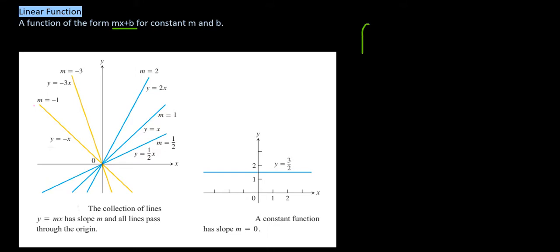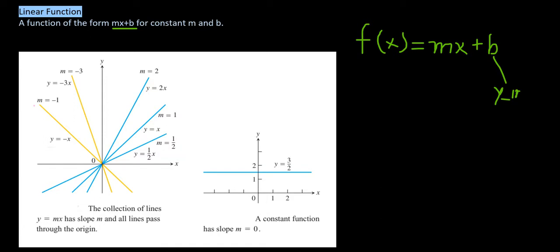You can say that we have a function f of x that equals mx plus b, and in the slope-intercept equation you can see that this is our y-intercept